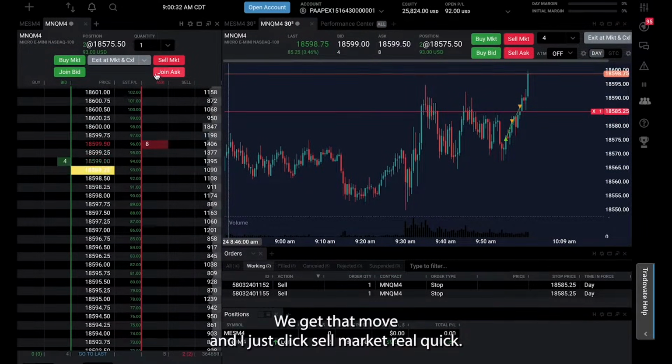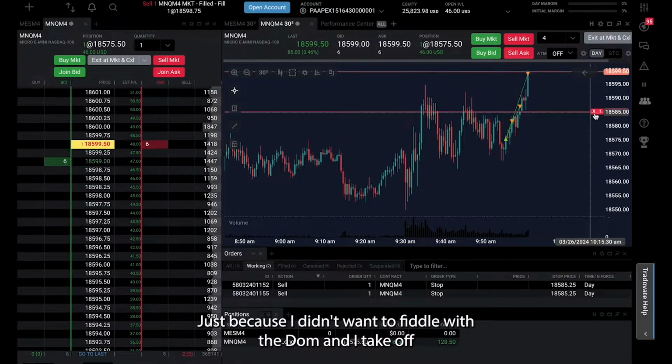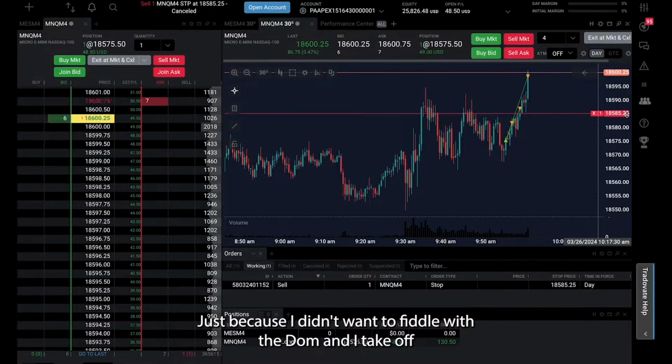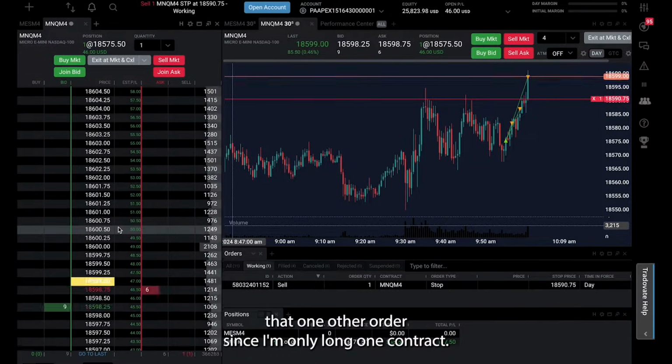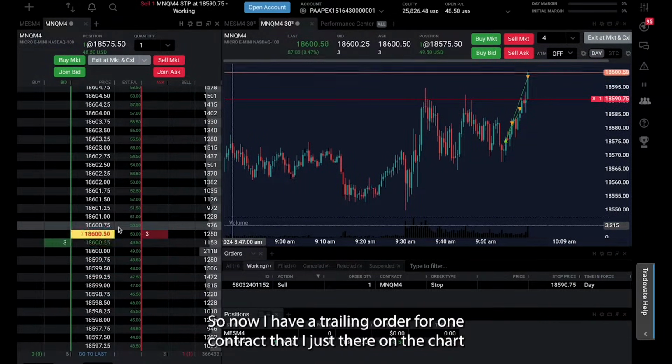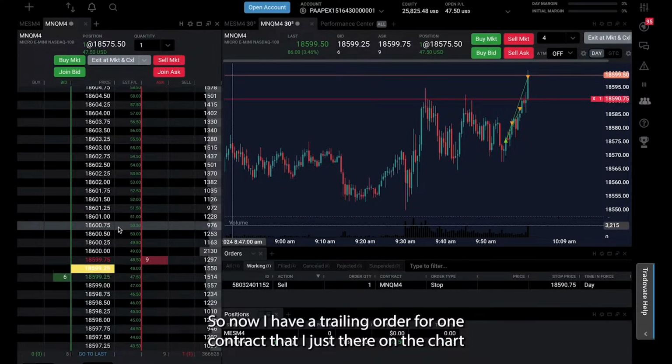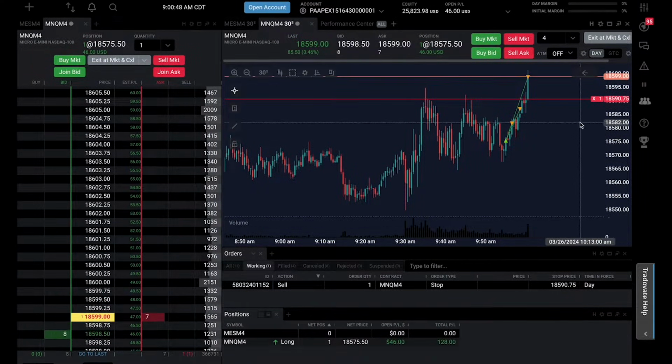Now there you go, we get that move, and I just click sell market real quick just because I didn't want to fiddle with the DOM, and I take off that one other order since I'm only long one contract. So now I have a trailing order for one contract that I adjusted there on the chart,